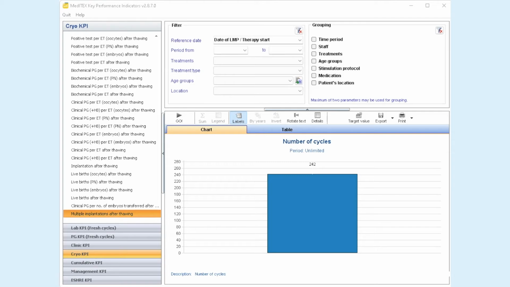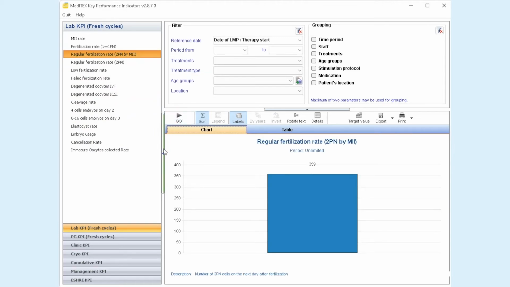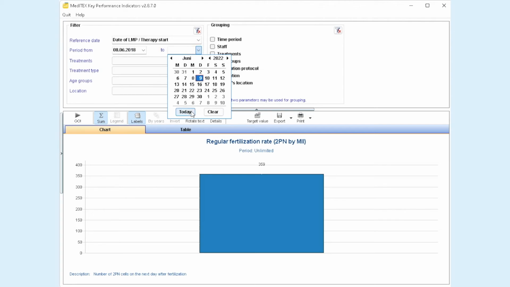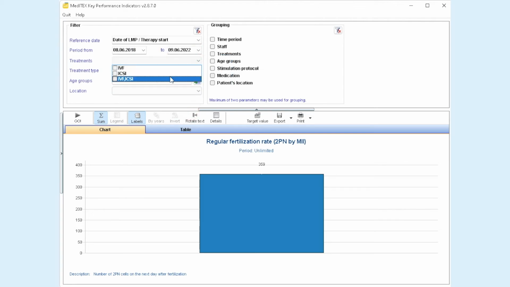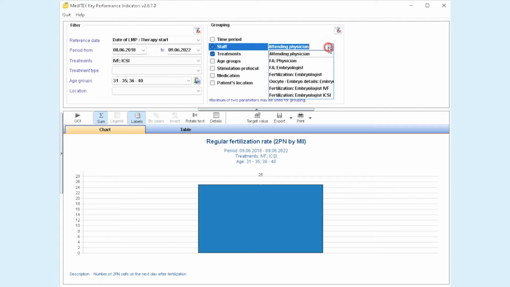On the left side, you can simply select the section from which the results should be generated and then the KPI that you want to run. Results can be filtered based on the date, treatments, or age groups, which would allow you to control and limit them. Grouping criteria like staff, treatments, or age groups can also be applied in order to have a better overview